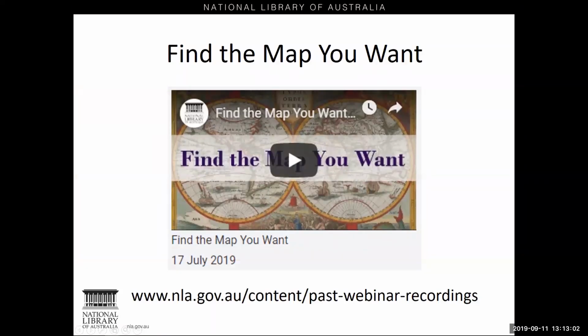So on that note, you may notice that even though I'm focusing specifically on cartographic material held in our maps collection, the way in which you're able to use the information found on the maps is quite varied. Also, before I show you a few examples, if you would like to know more about how to best navigate your way through our maps collection, I can highly recommend one of our recent webinars that was presented by Susie.